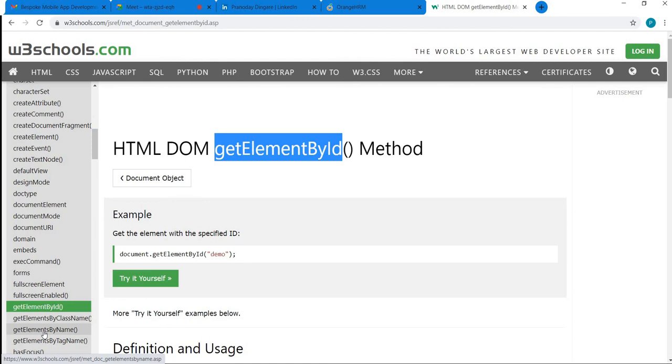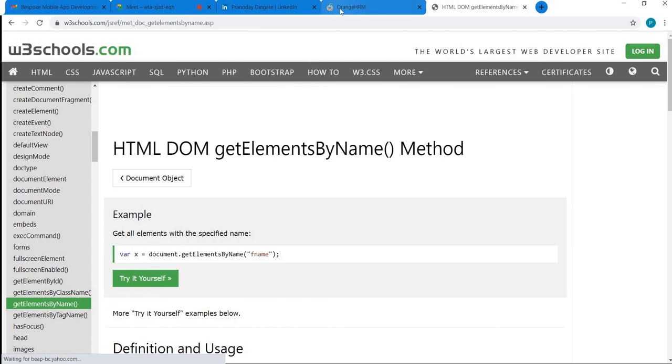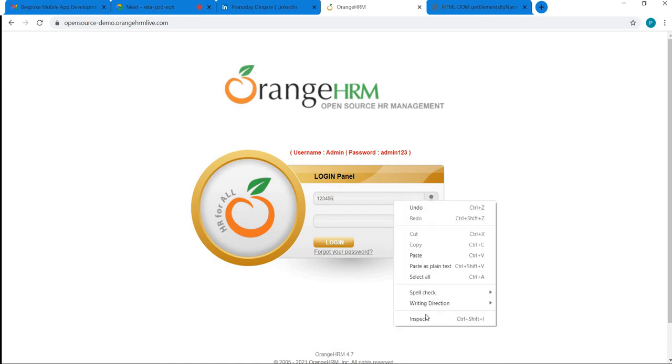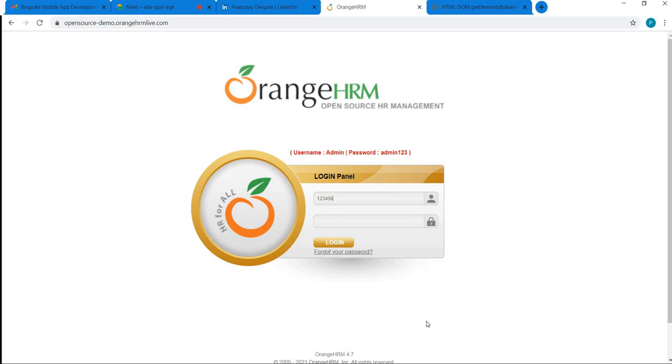You can see getElementByName. These are the functions from JavaScript, using which the developers implement the client side validations. So that's why IDs and names you can see set, and they tend to be set to